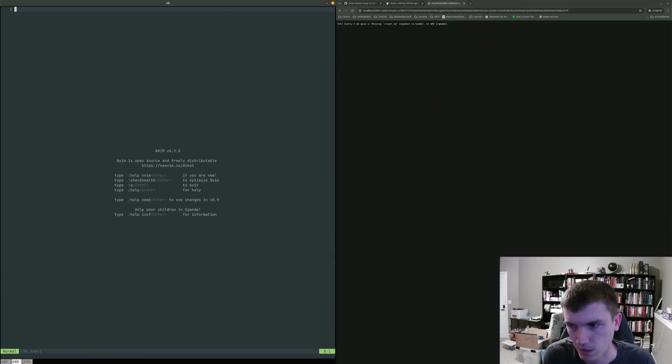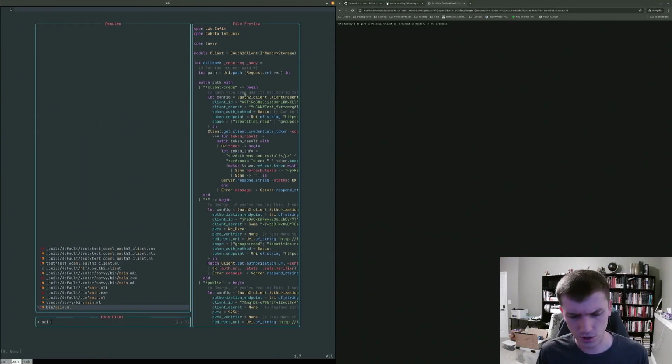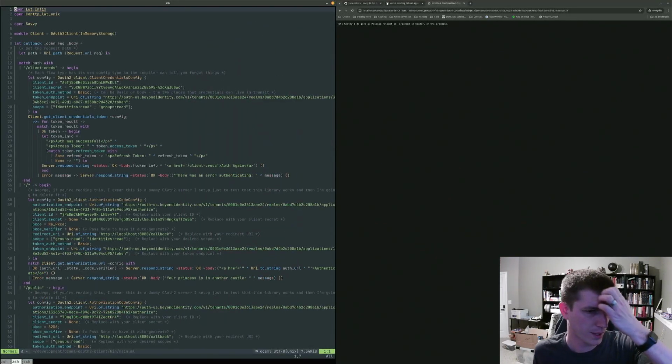So it'd be authorization header with basic and then that big base64 hash. So I'm not sure. We're going to have to just kind of play around with this.